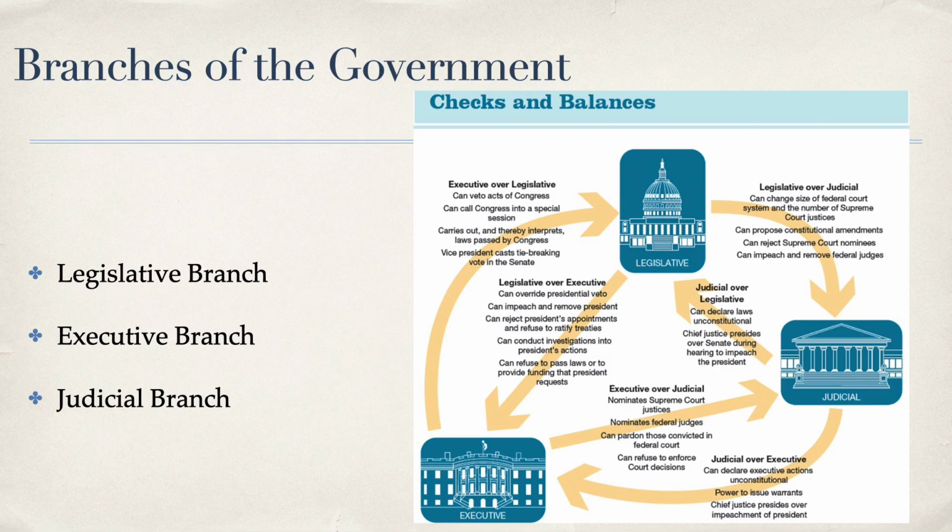Also limiting the power of both national and state governments is federalism. The idea was that you place more power at the national level without completely undermining the power of the state governments. In this, you have two sovereign or supreme powers, the states and the nation, and the hope that the competition between the two would effectively limit the power of each, that one's not going to let the other get too strong. And then also we have the Bill of Rights, which is the first 10 amendments to the Constitution. This is a set of citizens' rights that are protected by the Constitution.